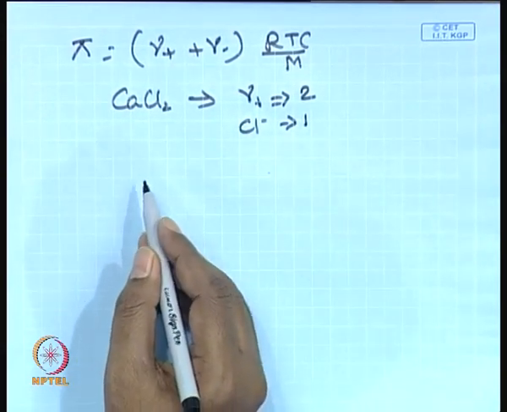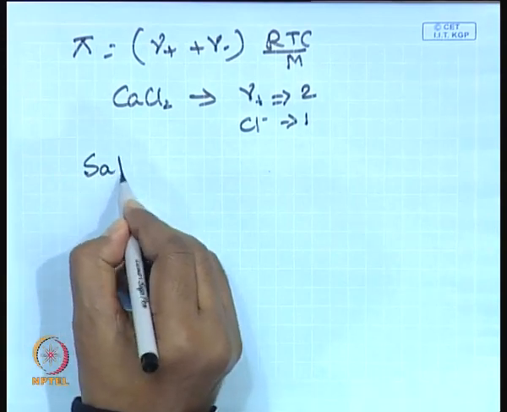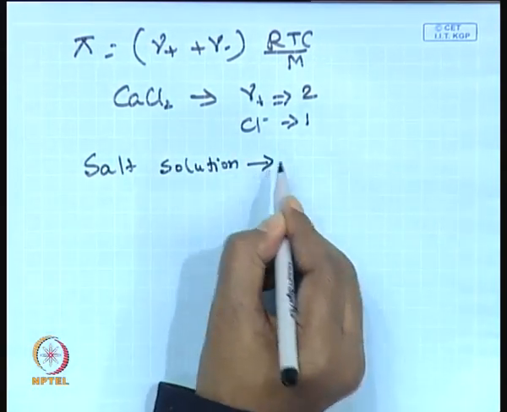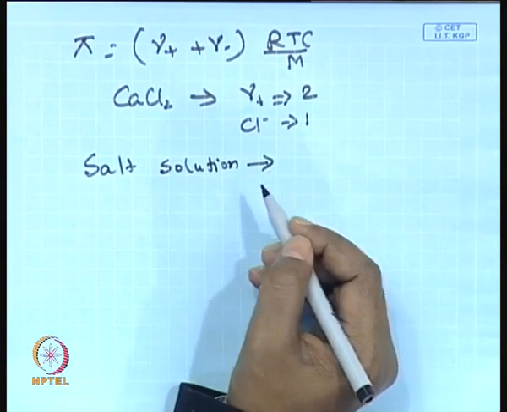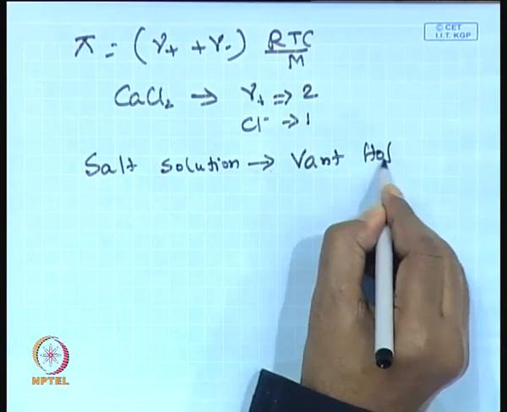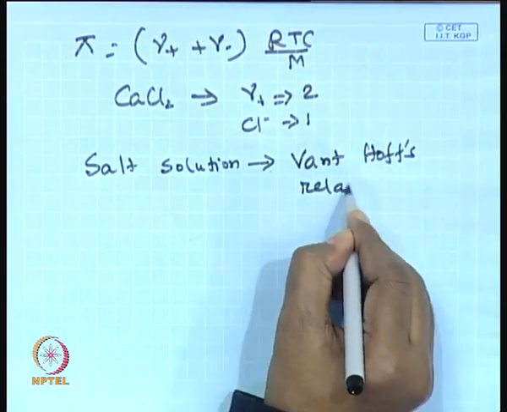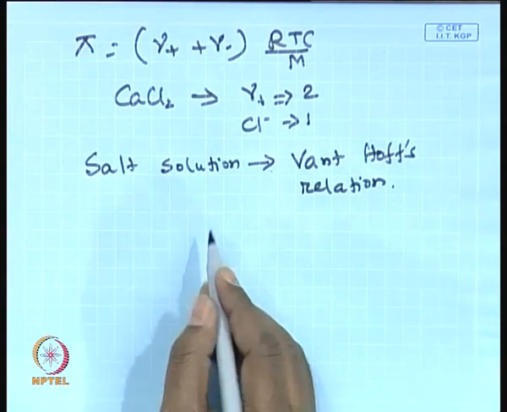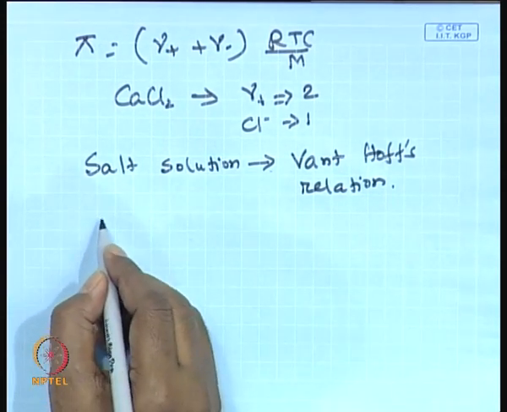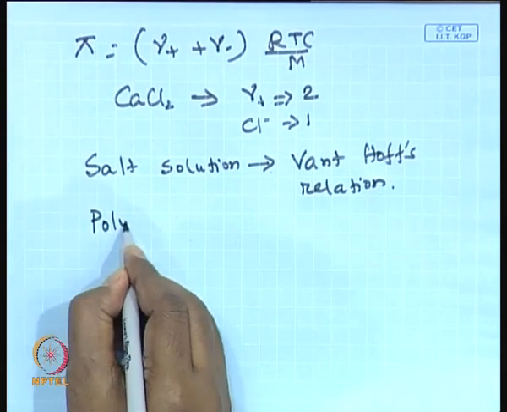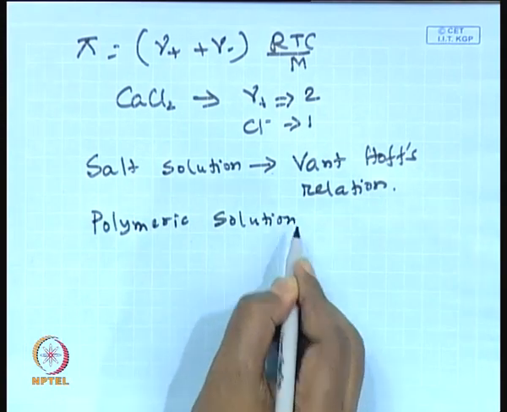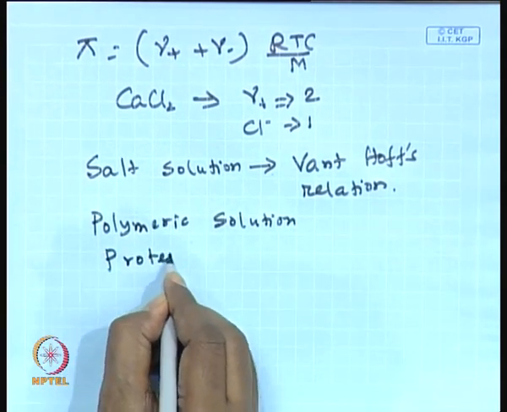So, therefore, for the salt solution, Van 't Hoff relation is good enough. For the salt solution, we can use Van 't Hoff's relation, either monovalent or divalent or multivalent. For other solutes like polymeric solution, protein solution,